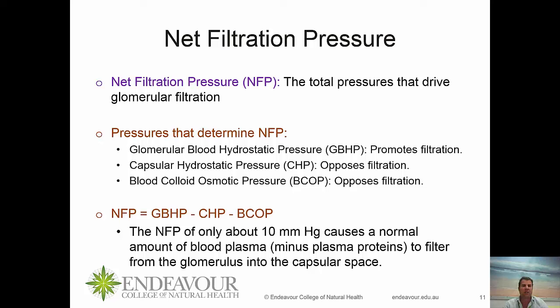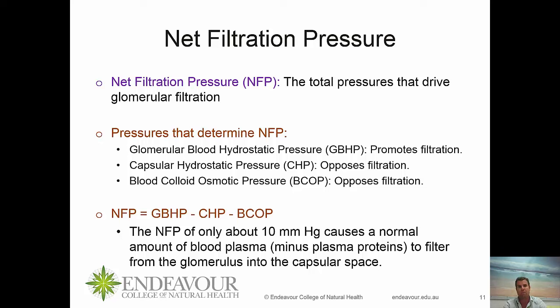But essentially, if you want to hang on to the concept that we filter at the glomerular capillary through the filtration membrane because we have a blood pressure, that's kind of correct. But let's qualify that and talk about two other pressures as well. There is a capsular hydrostatic pressure, and that actually opposes filtration. This is the pressure of the fluid that's already in the Bowman's capsule, or renal capsule. So there's fluid that's been filtered, and this actually opposes the pressure of the fluid coming into the